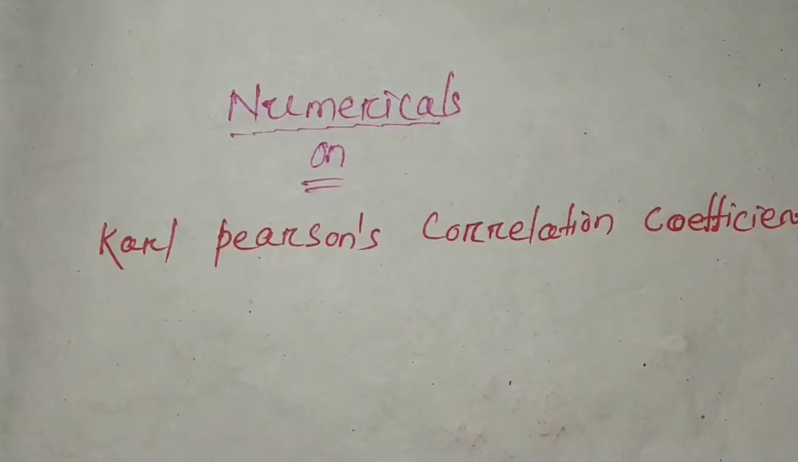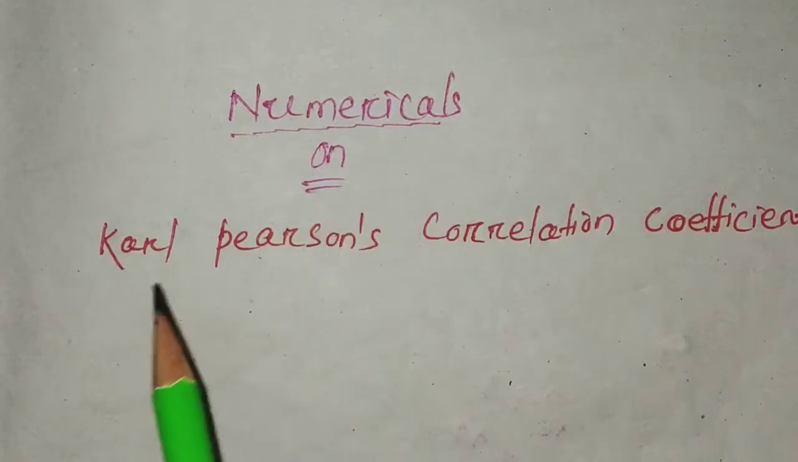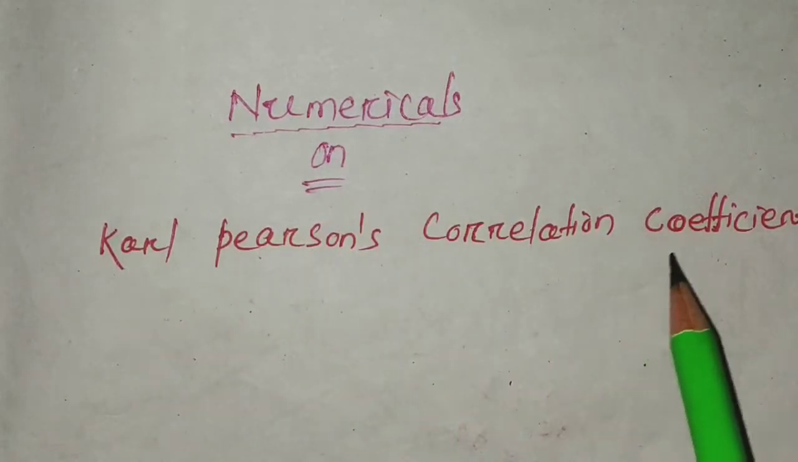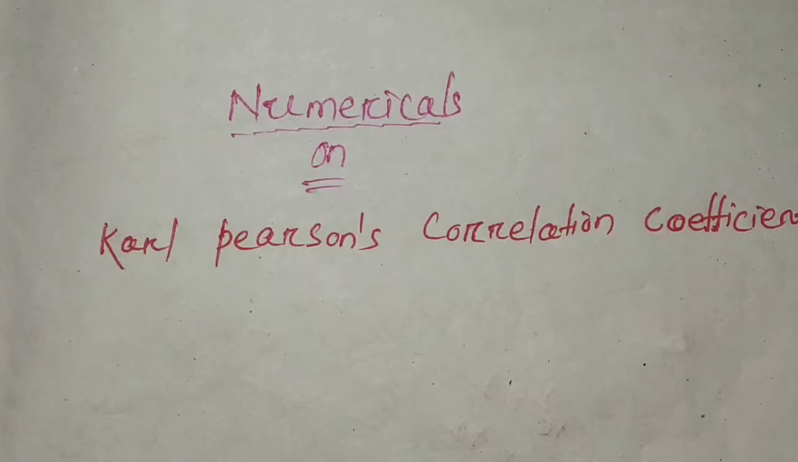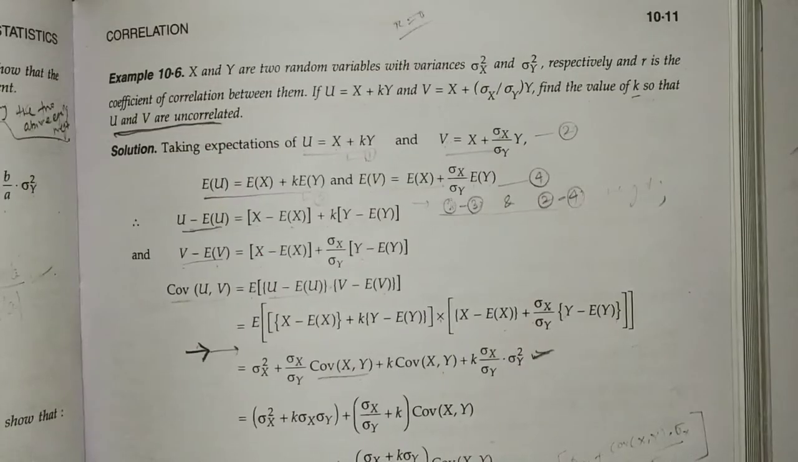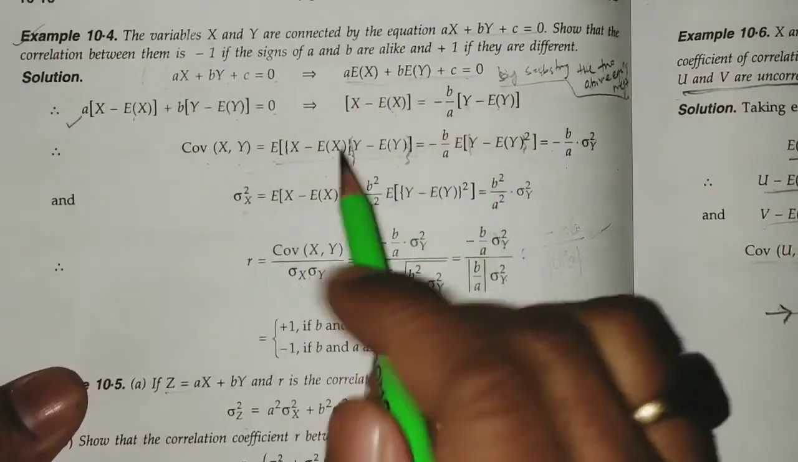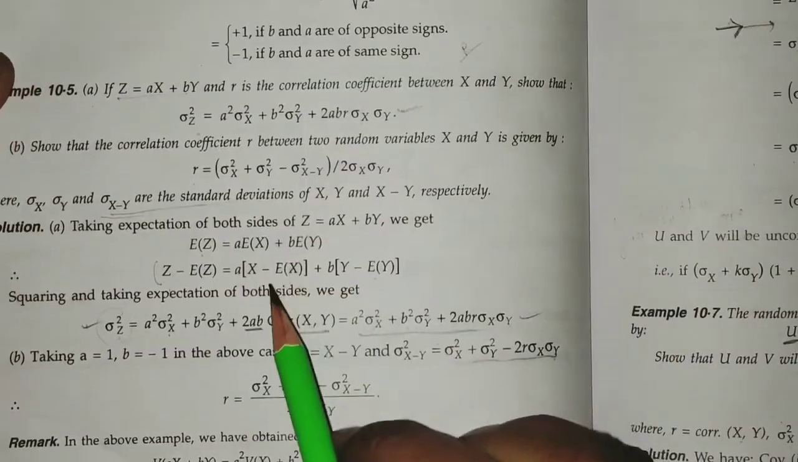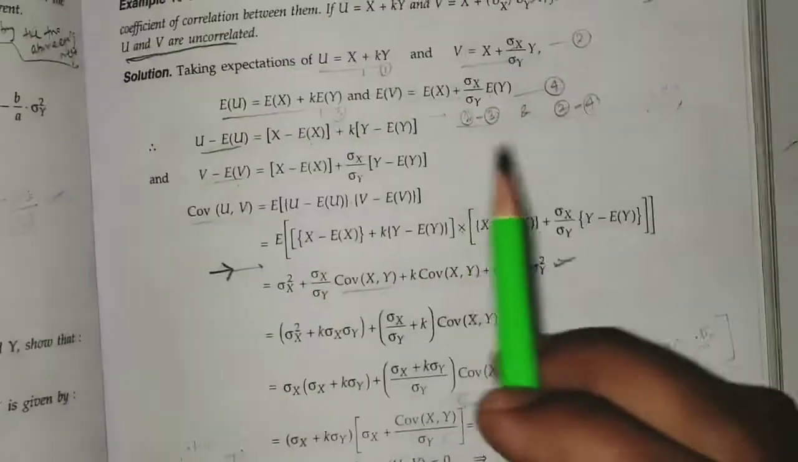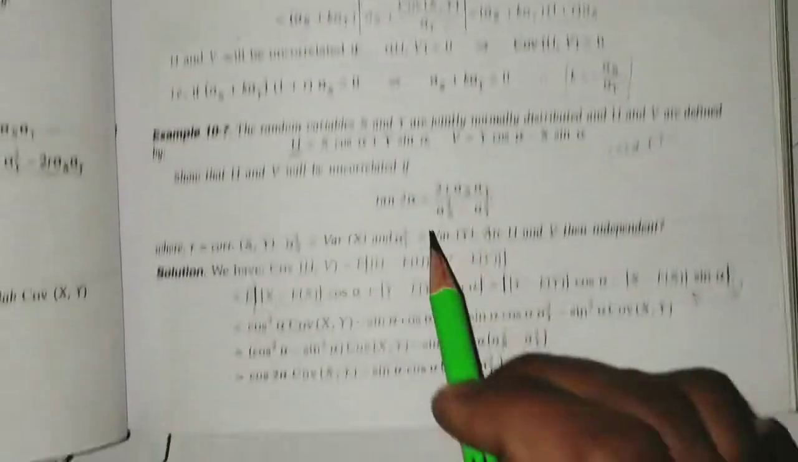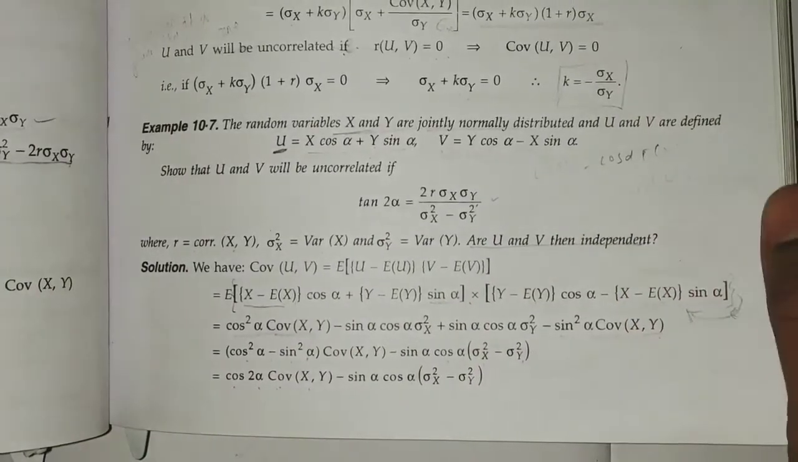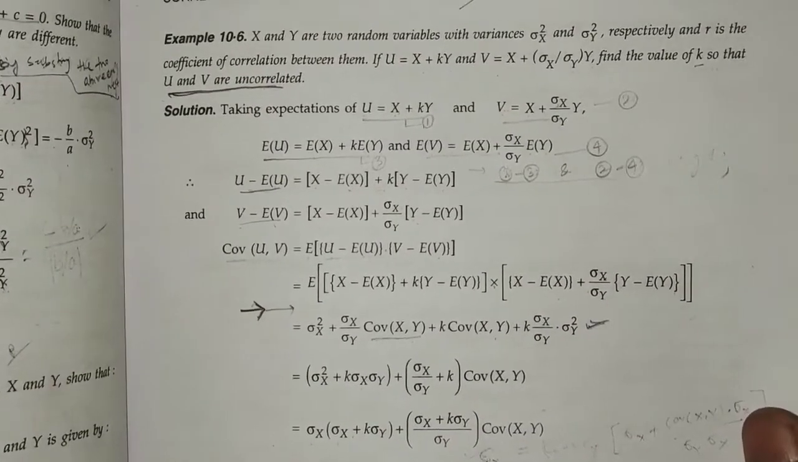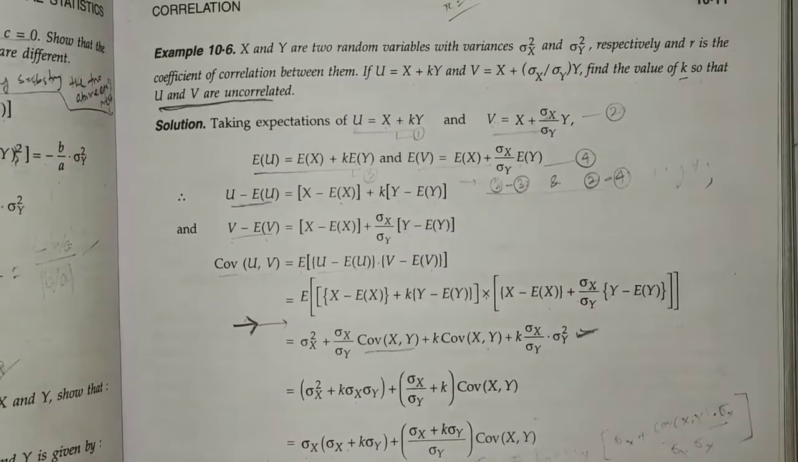Okay. Hello everyone. For the past 2-3 classes, we are discussing numericals on Karl Pearson's correlation coefficient. In our last class, we discussed in detail these four numericals, this one and this one, then this one and this one. In detail we discussed them, and I instructed in that video in which way you have to maintain